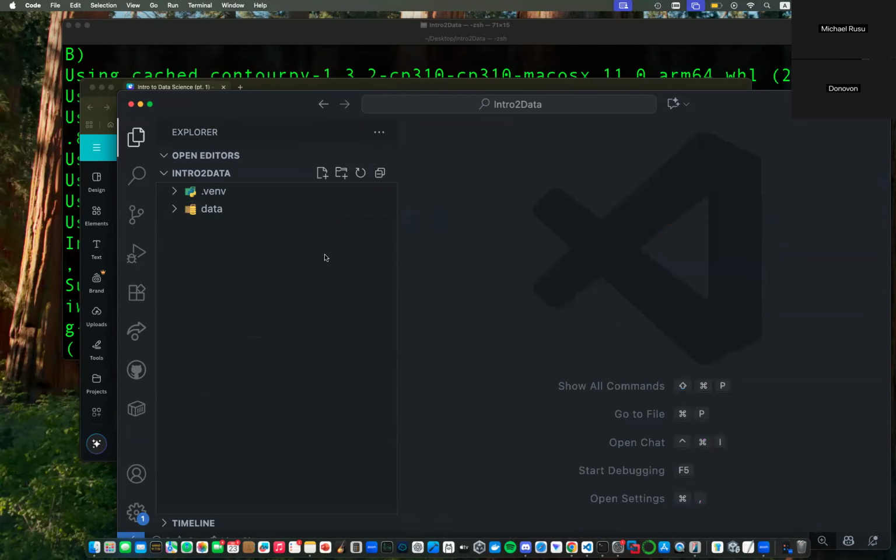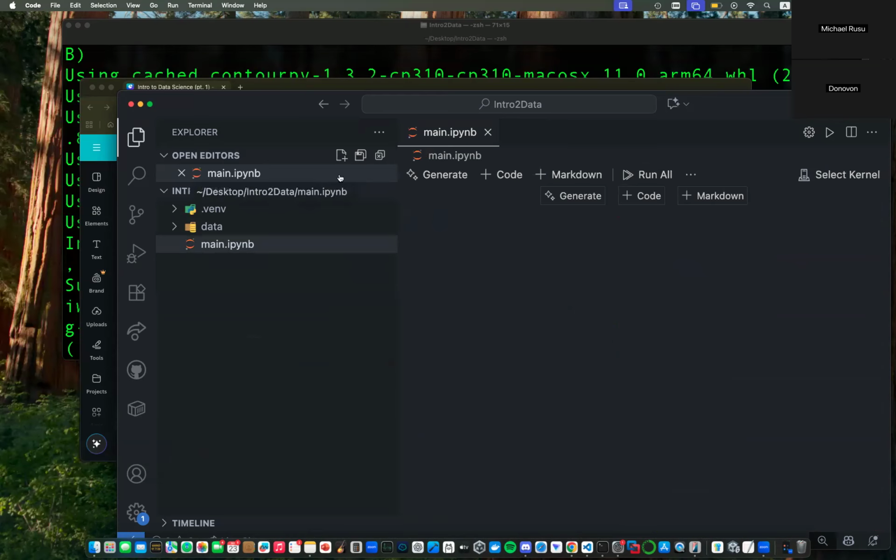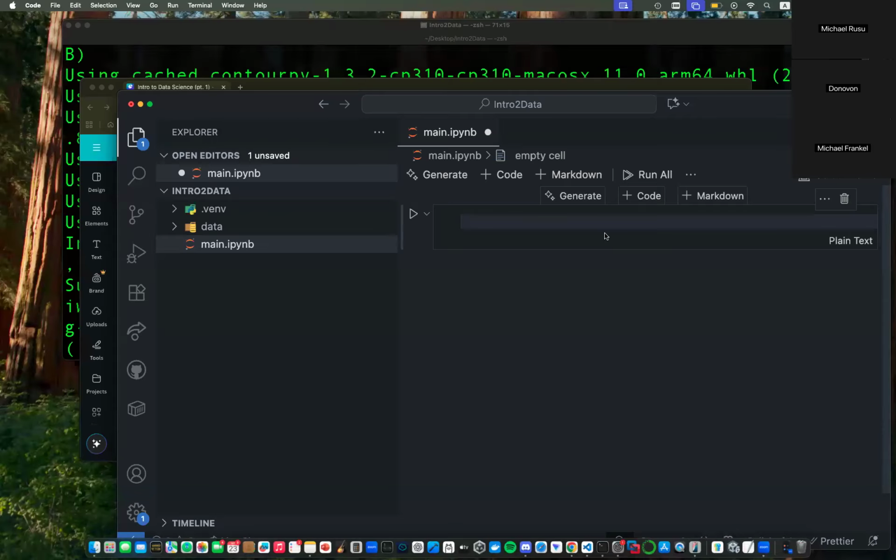But now we're going to be working with Jupyter Notebook, which is what I recommend. Usually in Python you have .py, but we're going to be working with .ipynb. Very interesting file extension name, but I didn't choose it. So this is what you're going to want. This is pretty much where you should be right now.